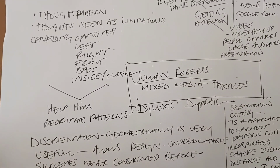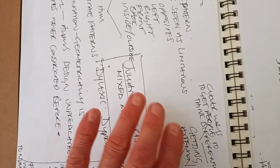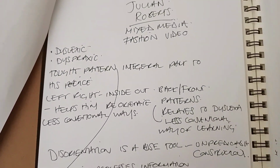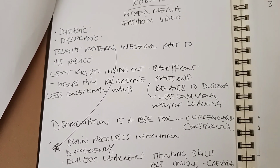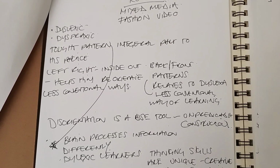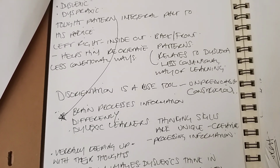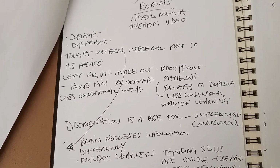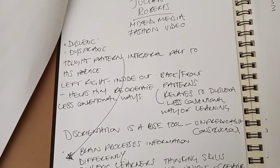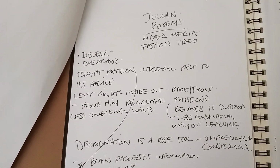Now, this particular practitioner has gone on to devise a pattern cutting technique, which is known as subcontraction pattern cutting. This is quite a phenomenal piece of research because it has opened up new doors of basically freehand pattern cutting to visionary, or to have a visualization of pictures in the mind of a garment or a shape that you would cut out on a flat piece of fabric to then turn into a three-dimensional